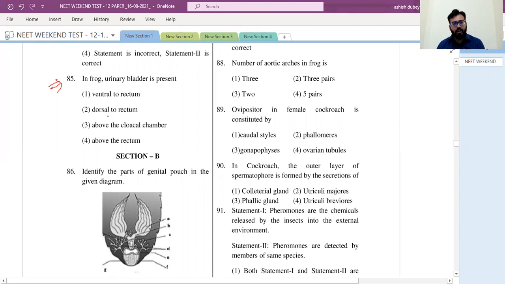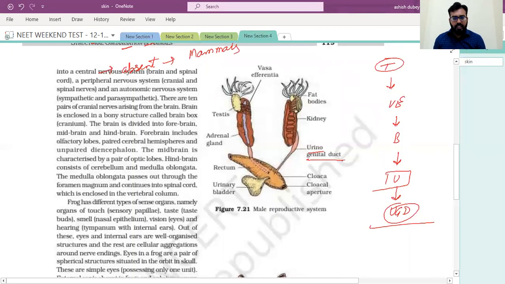Ventral to rectum, dorsal to rectum, above the cloacal chamber, above the rectum. So it is the 85th question. See, this is the rectum. Okay, and this is the cloaca, and these are the urinary bladder, and the figure which we are observing here is